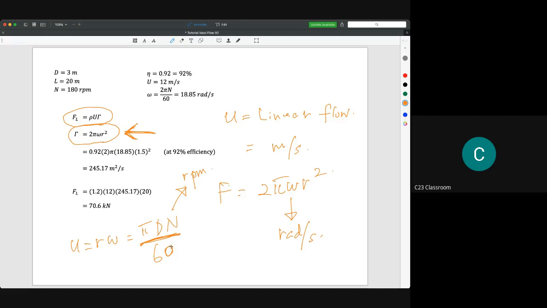So from what we have here, for example, we have diameter is 3 meter, length is 20 meters, and rotational speed is 180 rpm. Then we have efficiency 92%. I think in fluid mechanics 1, you already know about efficiency. Efficiency means how efficient or how good a certain system receives certain energy. Awak kena faham efficiency membawa maksud kecekapan, membawa maksud bahawa berapa bagus sesuatu sistem menggunakan